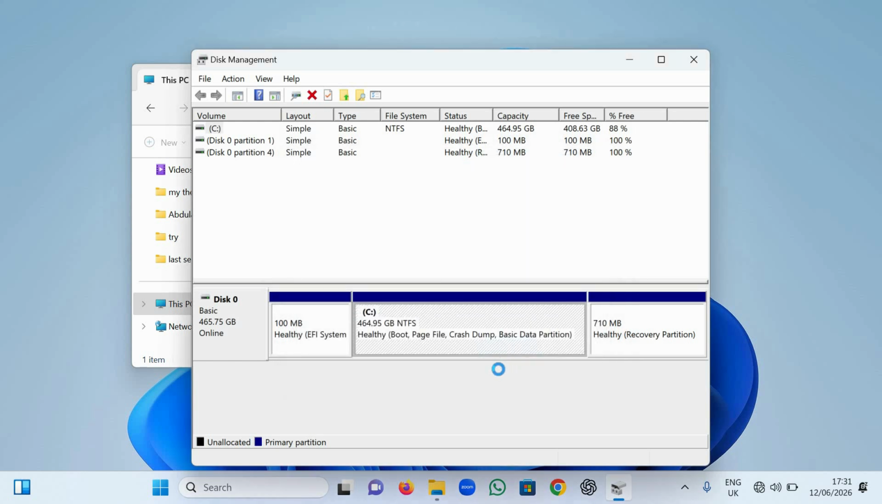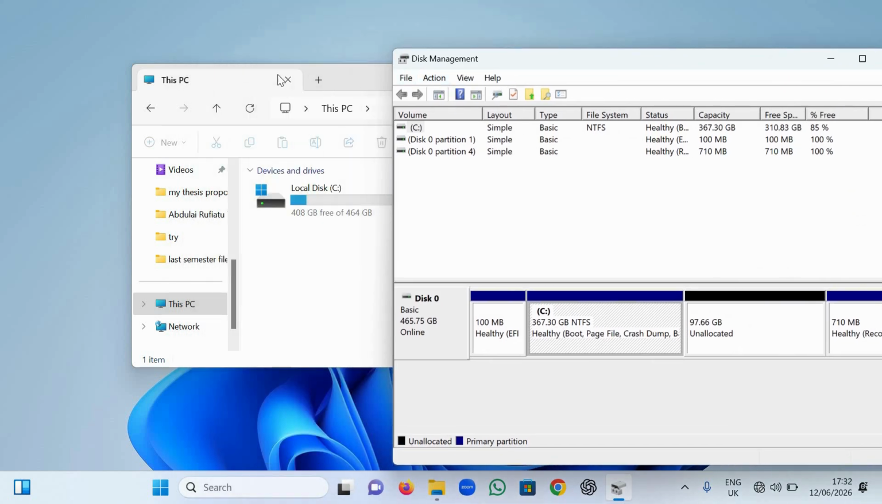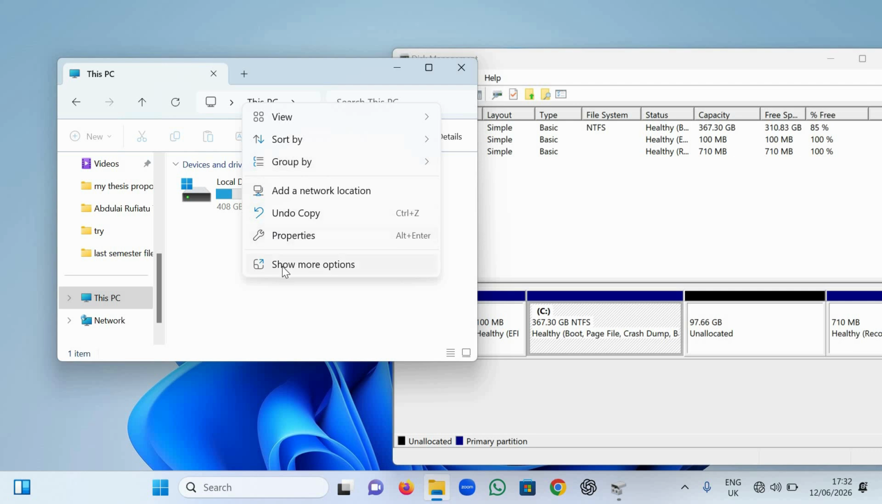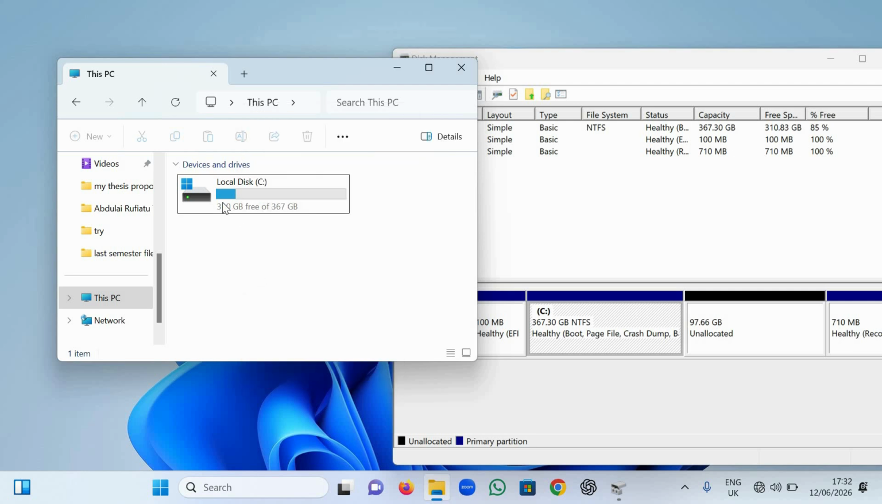As I click on shrink, it's going to load and then take the partition out. Now as you can see, this is the partition, and you can see that we have 97.66 gigabytes, and the size has reduced. So now let's go to This PC again. We have to refresh This PC for it to take effect. Let's refresh this. Now you can see that the size has been reduced to 300,